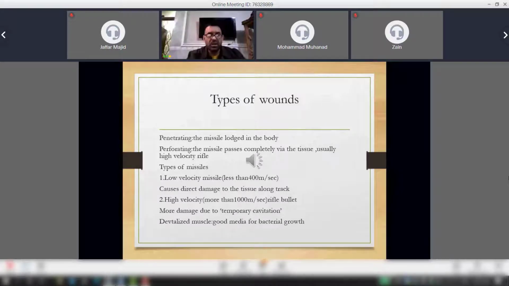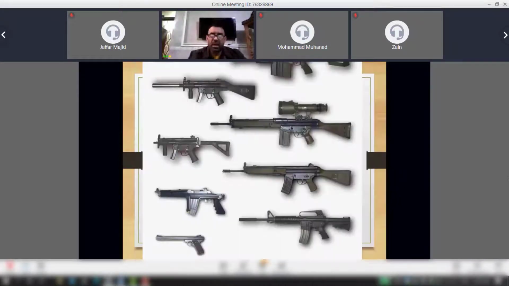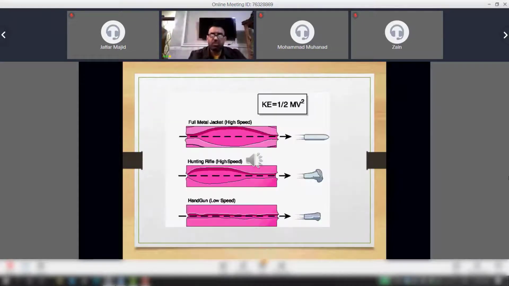فتسوي لنا secondary changes or secondary injuries. So yes, and these are the types of the rifles and the pistols اللي ممكن نشوفها. These are the types of bullets. ممكن نروح هنا directly for the injury that caused by the high velocity and low velocity. You can see the lower picture is the low velocity. Okay, so you can see the lower picture, and now the bullet is going in and out. دخلت وطلعت without any secondary changes.